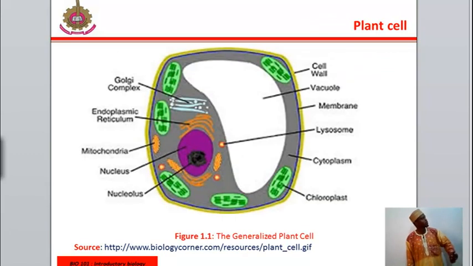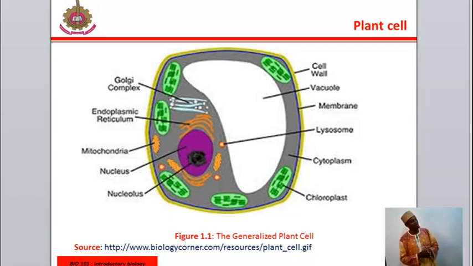In the plant cell, there is a large vacuole which stores materials. It's a storage organelle in the plant cell. Now, the lysosome is another organelle that secretes enzymes that can hydrolyze the materials that are not needed in the cell. That is, when an organelle is no more needed in the cell, the lysosome has hydrolytic enzymes which will digest this material and it will not be available in the cell again.